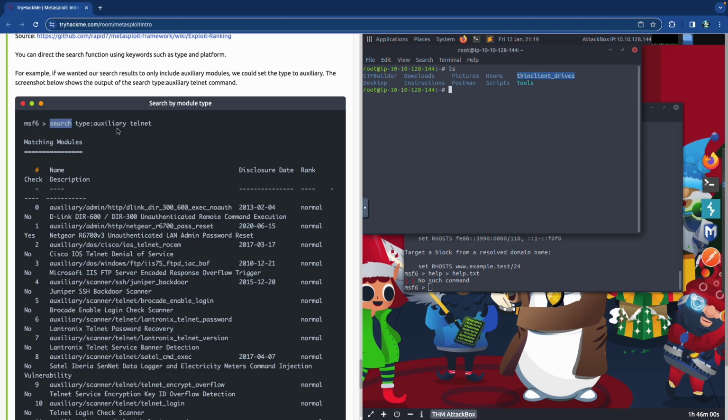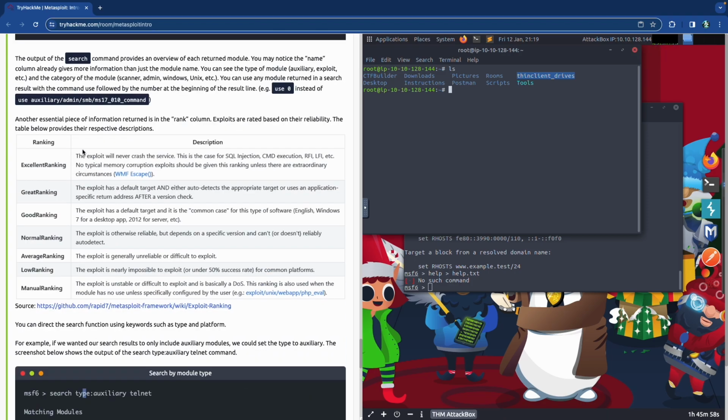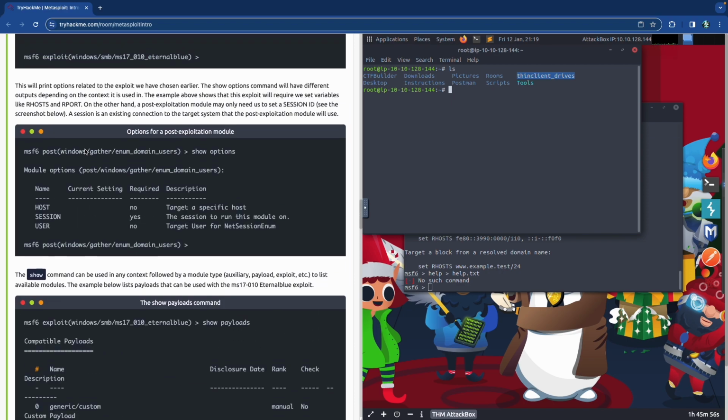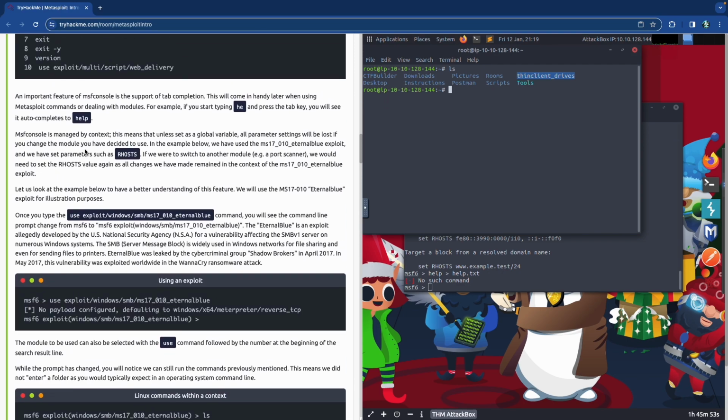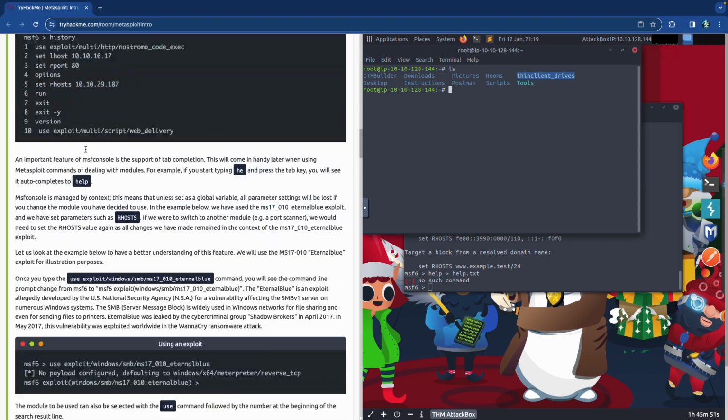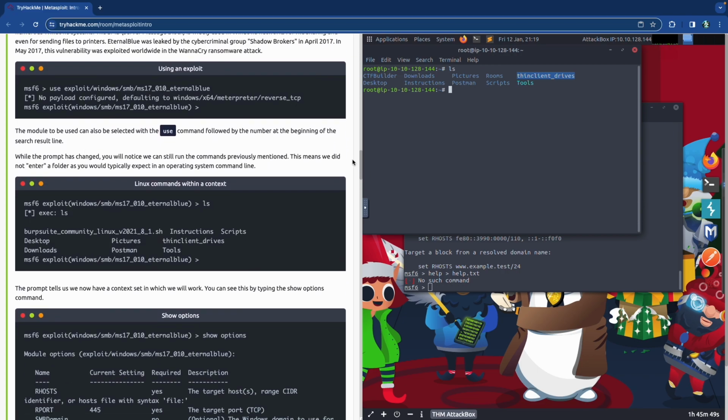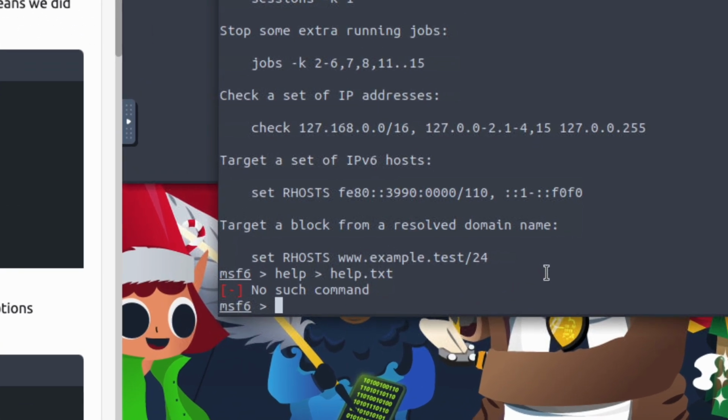So it says search, and it helps you use the search command as well. Instead of typing everything out, we can always search for the exploit name, which allows us to find it and shorthand the completion. So let's go back to where we were. I'm going to open this up in a second window so I can stay zoomed in the entire time, and you can see what we've been doing. So if I go back to our Msfconsole window,